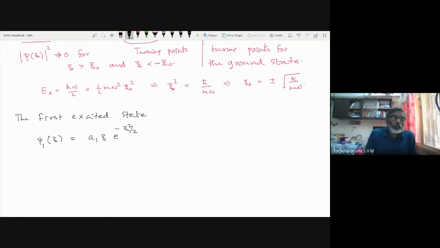And this a1 you can once again obtain by normalization, and it can be seen that by a proper rearrangement of these terms, it is possible to show